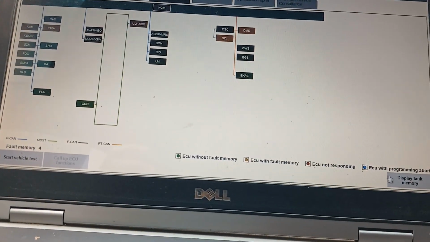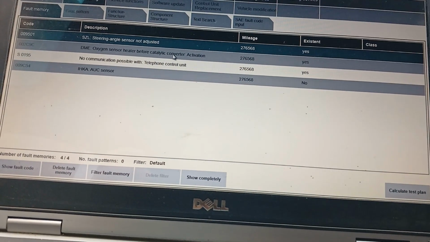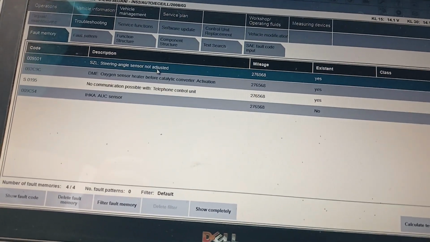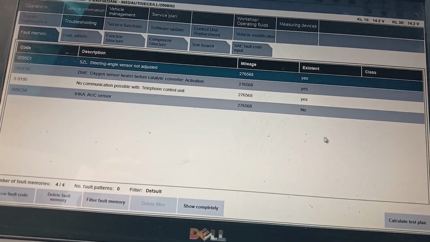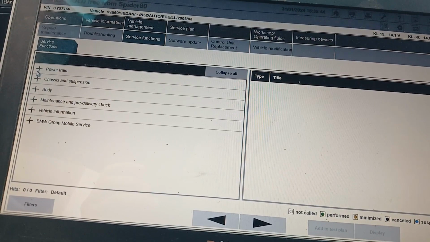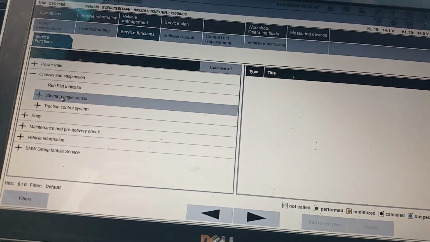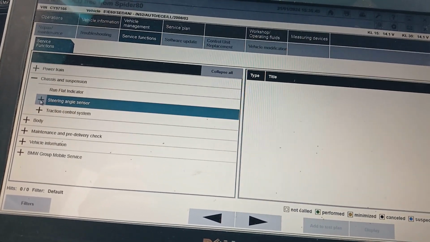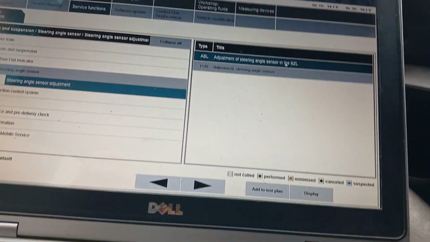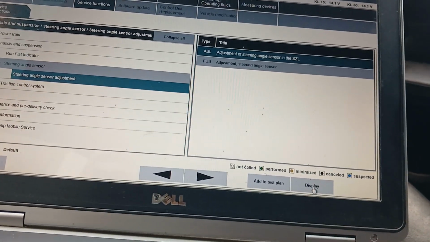Maybe the only remaining codes will be related to the adjustment of the steering angle sensor. Okay. Now I can go, I think, with calculate test plan, but I will go to service functions, chassis, steering angle sensor, adjustment, that one, display,